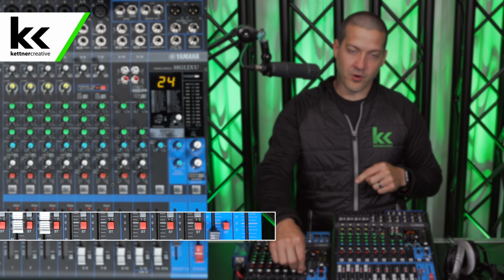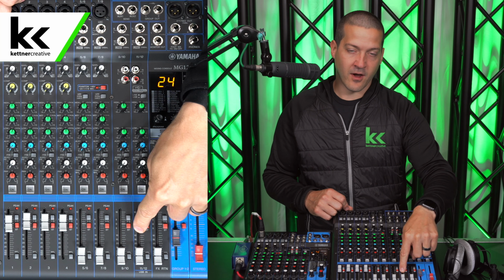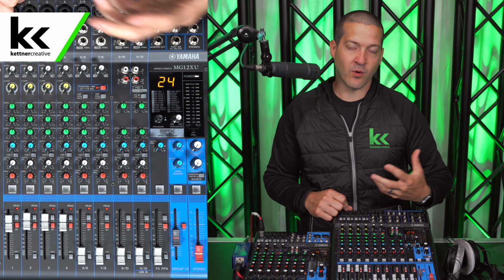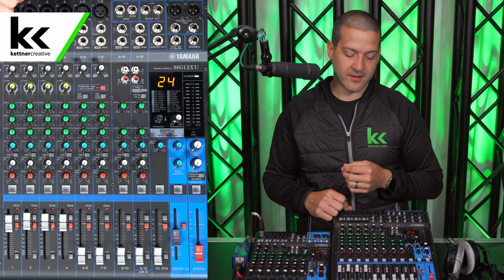Now, where do you find this button? Typically, you'll find it down near the faders or the rotary knobs on an audio mixer where you set the level. Typically, it is a red button and it's a toggle switch. You may find some other buttons around it that say 1, 2, 3, 4. We'll talk about those near the end of the video as well. But for this video, we're mostly focused on the stereo button, and you'd find it down near the faders of your audio mixer.